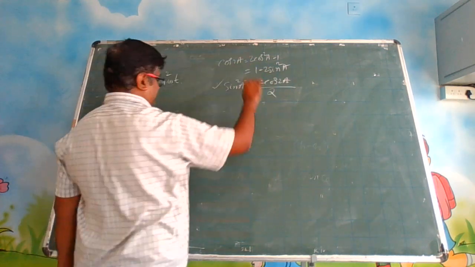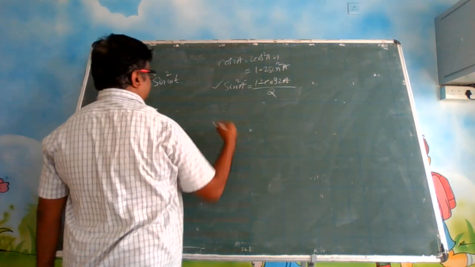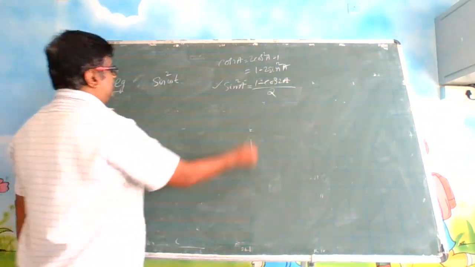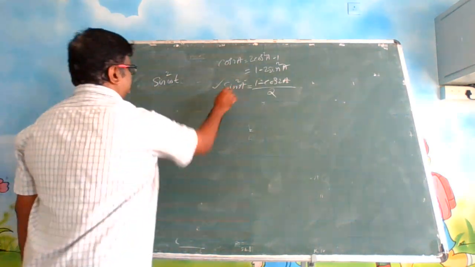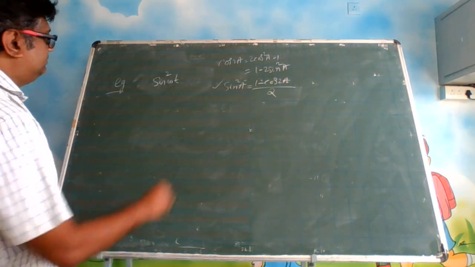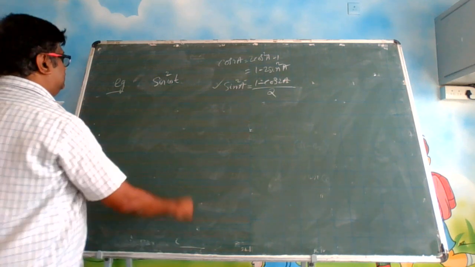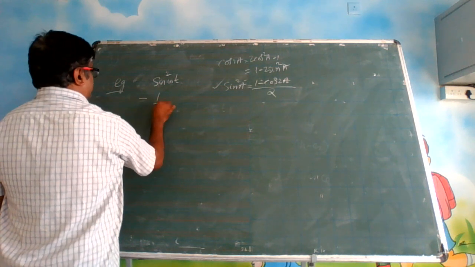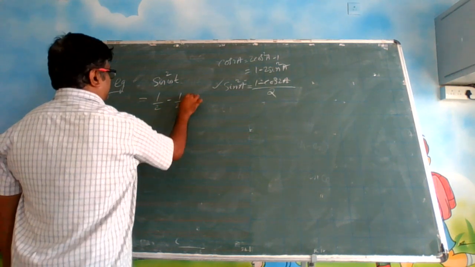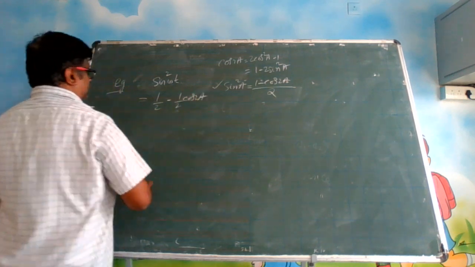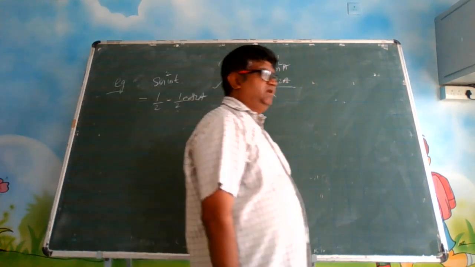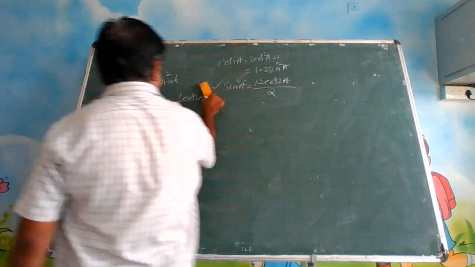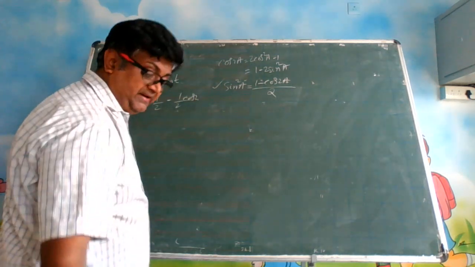You can directly use this one actually. But why I am writing all this is so that everyone should be able to understand. Some people may not know this formula, and I can directly put it, but my intention is to make you understand each and every step. So basically here a is omega t, and you can write this as 1 by 2 minus 1 by 2 cos 2 omega t. Here what is a? It is omega t, right?